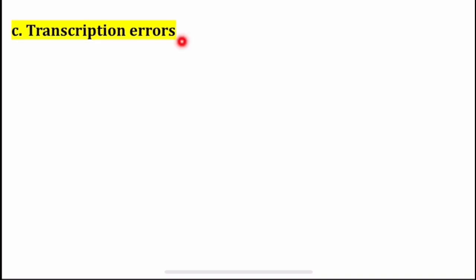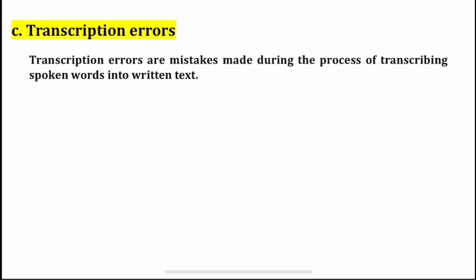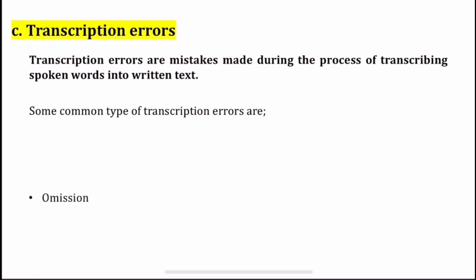Third type of systematic errors include transcription errors. Transcription errors are mistakes that occur when spoken words are converted into the written text. These errors can occur for a variety of reasons and can significantly impact the accuracy and readability of the transcribed text. Some common types of transcription errors are